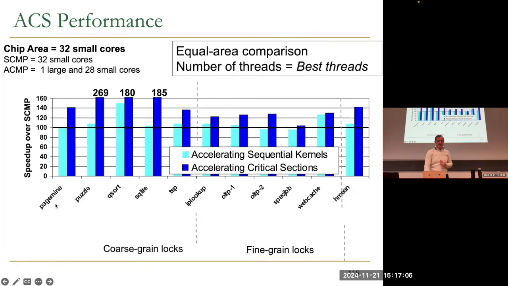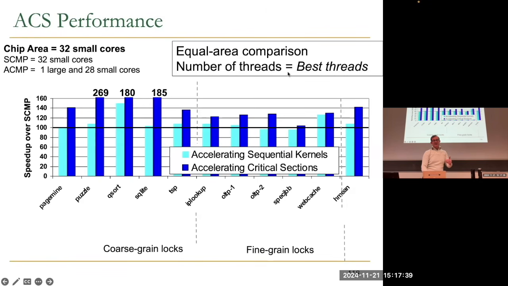So let's take a look at the results over here. Here we're going to look at a chip area of 32 small cores. SCMP, symmetric CMP, is 32 small cores. ACMP is 1 large and 28 small cores, basically. So you lose some parallel throughput with ACMP, of course, and also with ACS. But overall, especially on programs that are not optimized, and I should also say that this is really important: we have an equal area comparison, but for each system, like the baseline, and when you accelerate the sequential kernels, and when you accelerate the critical sections,